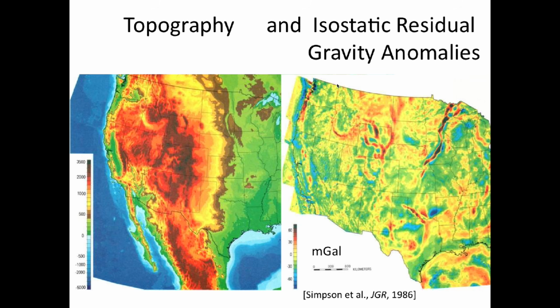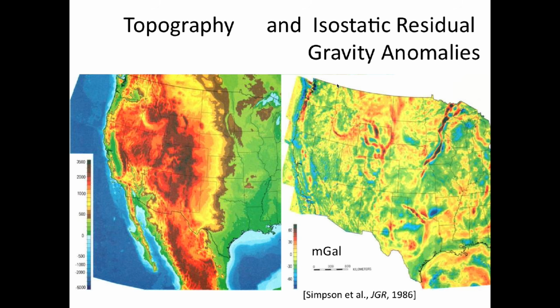Now, the tool that I think is most useful for looking at a lot of what I'm going to talk about is gravity anomalies. And what's plotted here is topography. High areas are red, decreasing to the east. Plotted over here are isostatic gravity anomalies. These are the gravity anomalies that measure gravity at the surface of the Earth, correct it for everything you correct for, but also assume that you're in isostatic equilibrium and correct for that mass beneath you with an assumption.